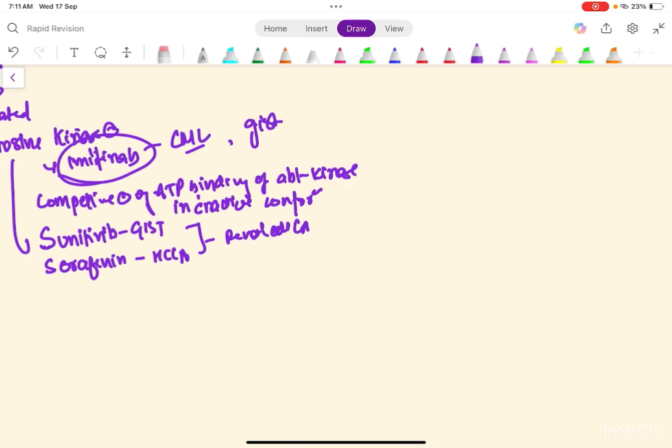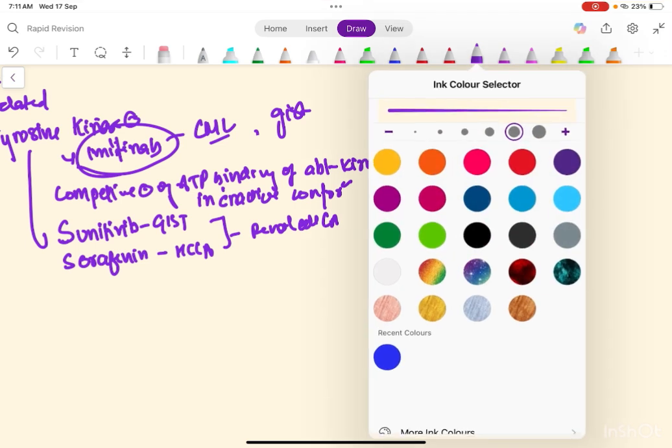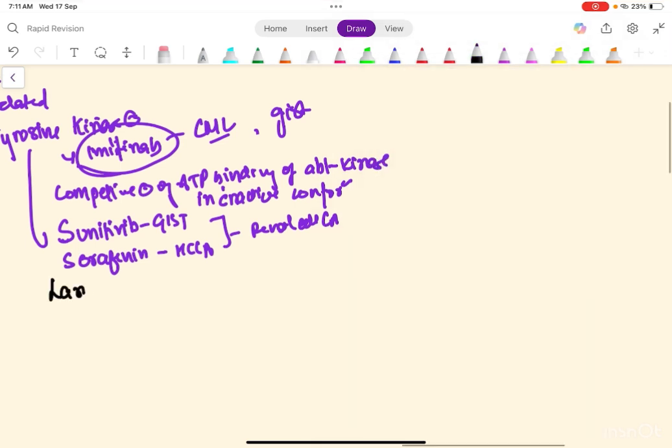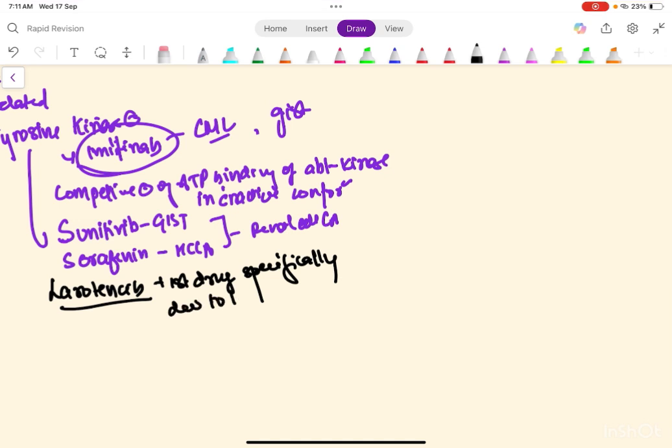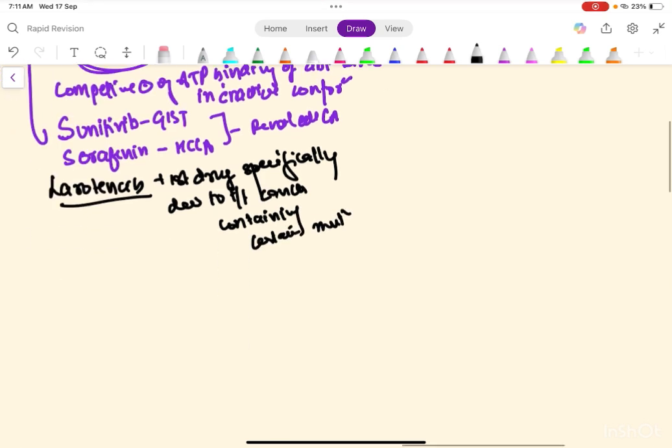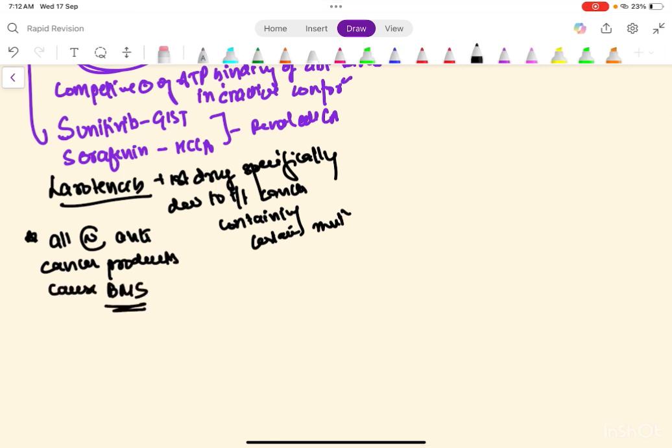Then there's a fact that you should know, which is that larotrectinib was the first drug specifically developed to treat cancer containing certain mutations. And there's one more one-liner, that all natural anti-cancer products cause bone marrow suppression except